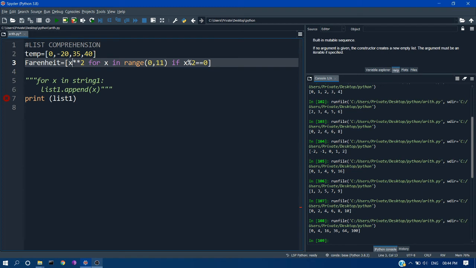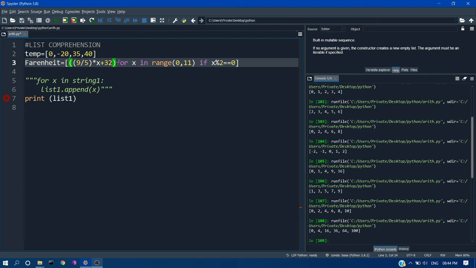We can directly apply our formula for Fahrenheit conversion, which will be 9/5 * x + 32. So this will be our formula for conversion.